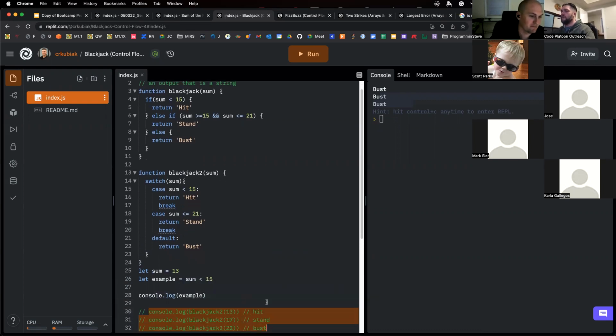True. Yep, we're going to see true, right? So what we're saying is this resolves to true, and so at no point will sum ever be true. So we're never hitting any of these cases, and we're falling through to our default. So if I take true and put it here,